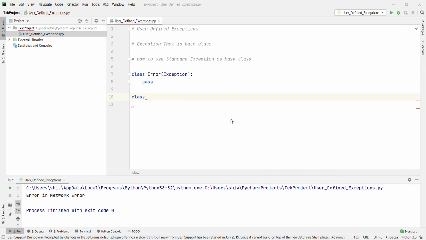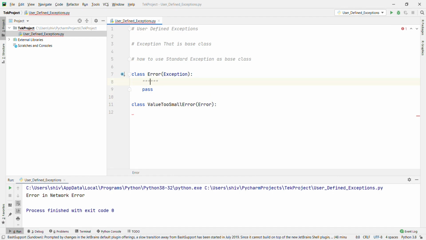Class ValueTooSmallError, passing the Error.